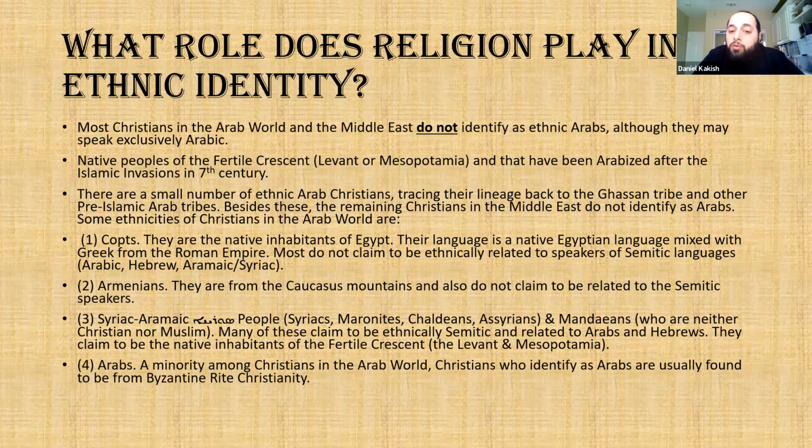And they do not claim to be ethnically related to Semitic speakers. So whether they are Arabs or Hebrews or Aramaic Syriac people, right? Armenians too. Armenians also do not claim that. So Armenia is a country, but a lot of Armenians live in the Middle East. But they are from their country originally, the Caucasus, and also they don't claim to be related to the Semitic speakers as well. And the third point we have here,